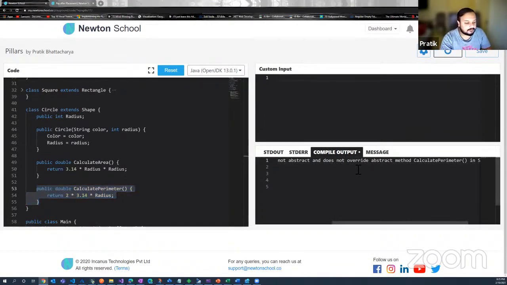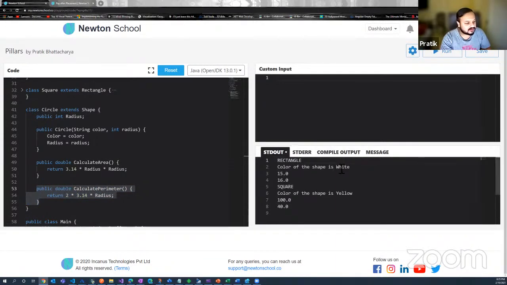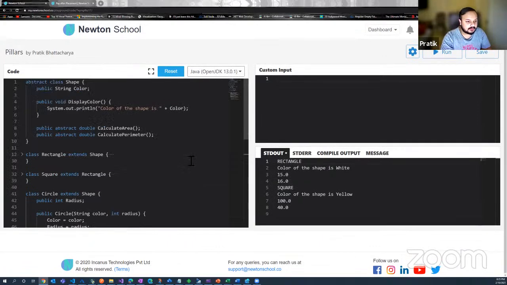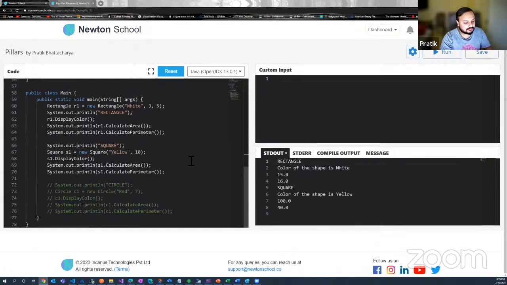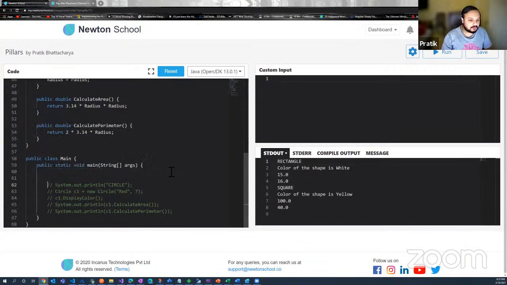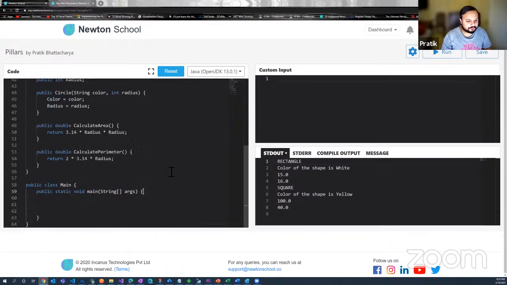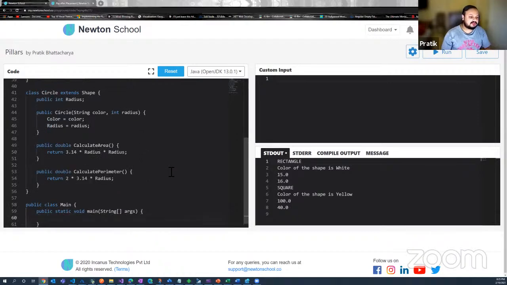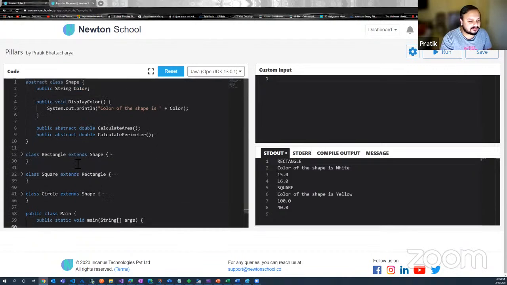there shouldn't be any compilation error anymore. There is no compilation error anymore, and just a simple standard output. Now we will take it one notch up here. Let me delete all this for a moment. Now I'm saying that since I'm dealing with abstraction here, that is, since I'm dealing with abstract classes here,